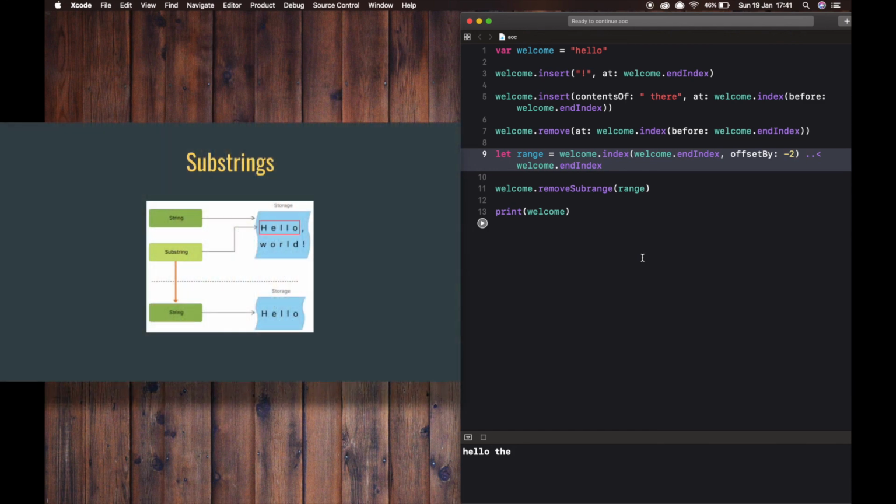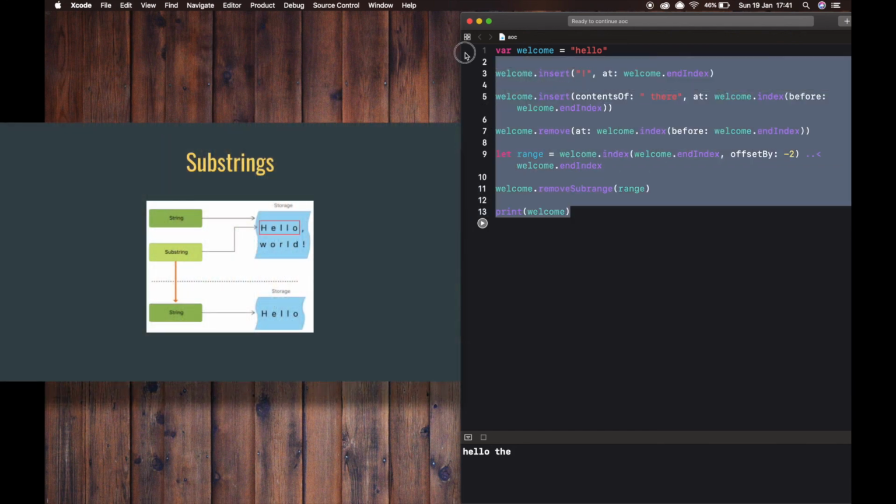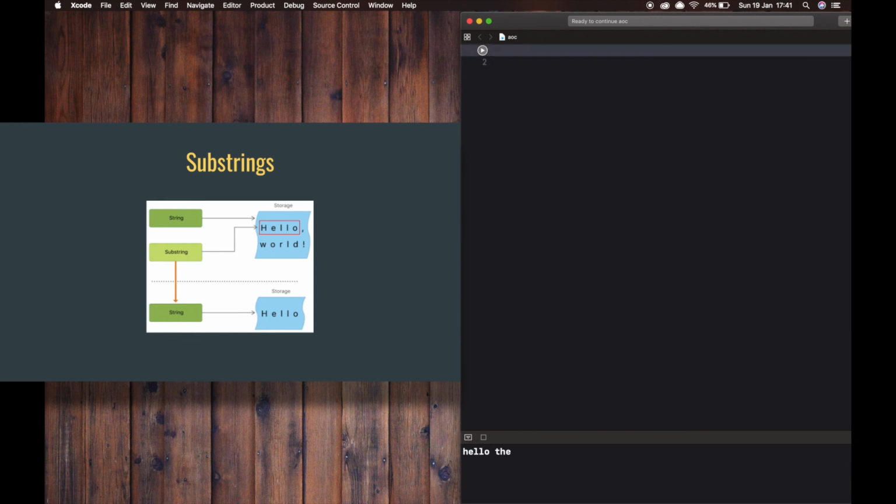Let us check what a substring is. When you get a substring from a string, for example using a subscript or methods like prefix, the result is an instance of Substring, not another string.